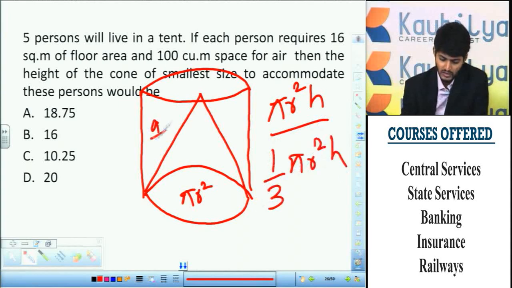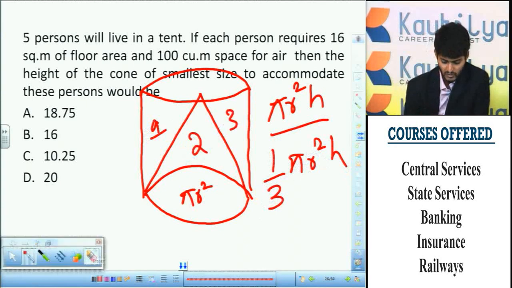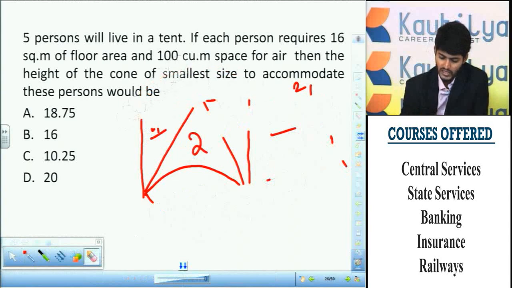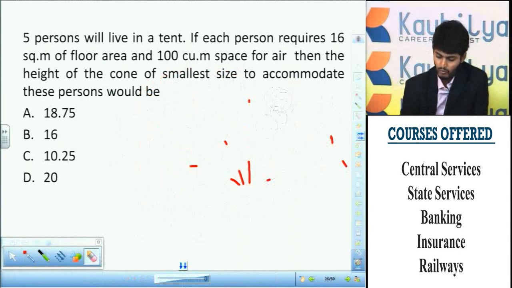So this is your first part, this is your second part, this will be your third part. So 1 by 3 pi r square h, okay, for your cone. Now in this case he is speaking about the cone. What he said,